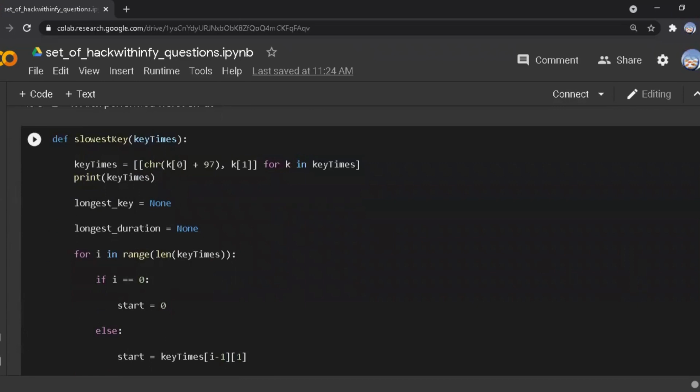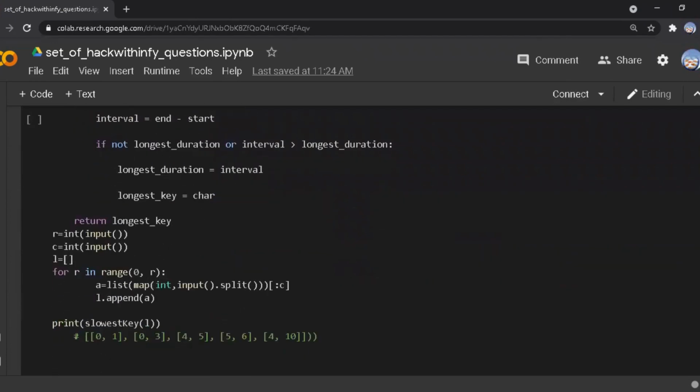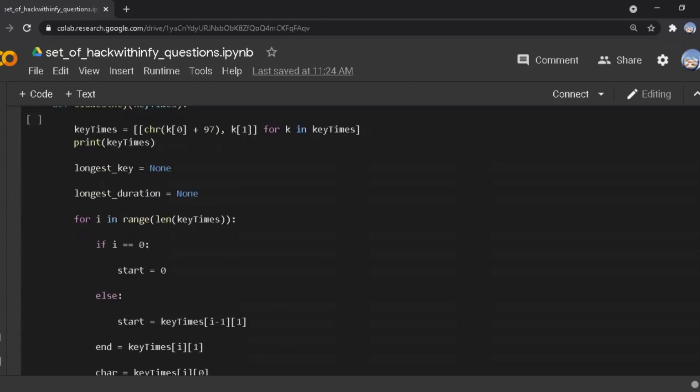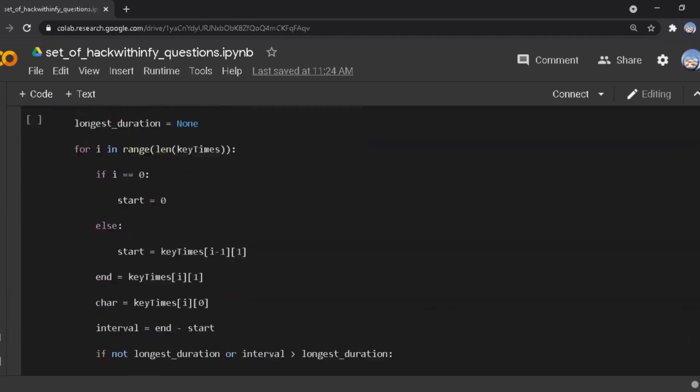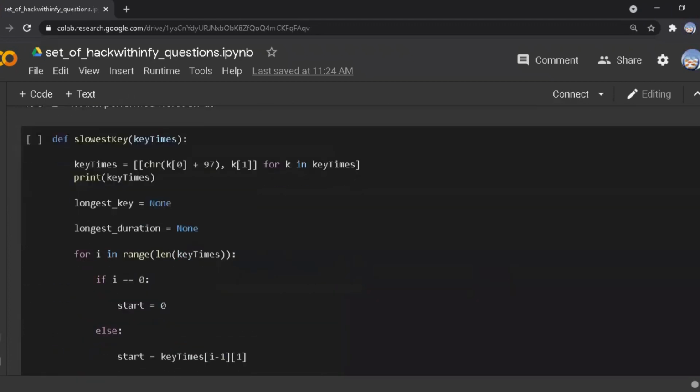Here key times is the input we are given. First we are converting the first value, that means the zeroth position of each one, to a character, because we are representing it as 0 to 25.